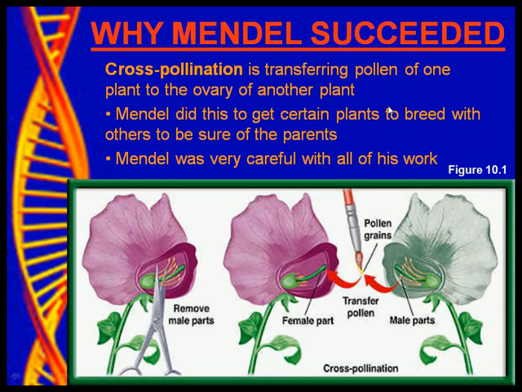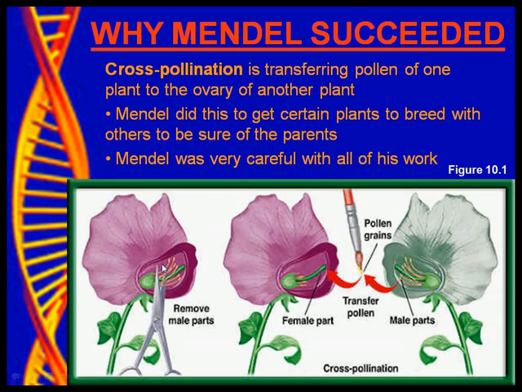And he did this to make sure that he was breeding certain plants with each other. He didn't want them to just sit out in the field and breed however they wanted to. He wanted to control everything in order to get good scientific data. Controlling how plants breed is going to be an important part of that. And to say that he was very careful with all of his work is pretty much a huge understatement. Again, 28,000 pea plants. As a monk, there's really not much else to do, so maybe meditate and stuff, but that's about it.